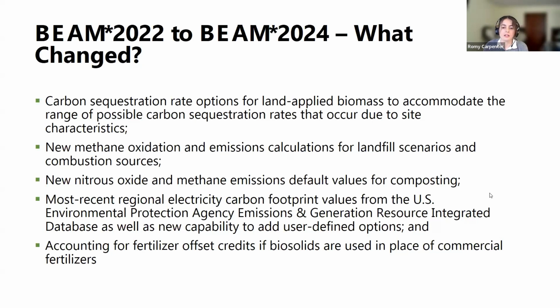We also updated the methane oxidation and emissions calculations for landfill scenarios based on, again, input from the scientific review team. And we have new nitrous oxide and methane emissions default values, which came from a literature review that the scientific review team did. And we input the newest eGRID values from EPA to reflect the most up-to-date carbon footprints of electricity based on regions across the US, and then we also have the Canadian regions in there as well. And we have integrated an option to choose whether or not fertilizer offset credits are included for biosolids for both nitrogen and phosphorus,